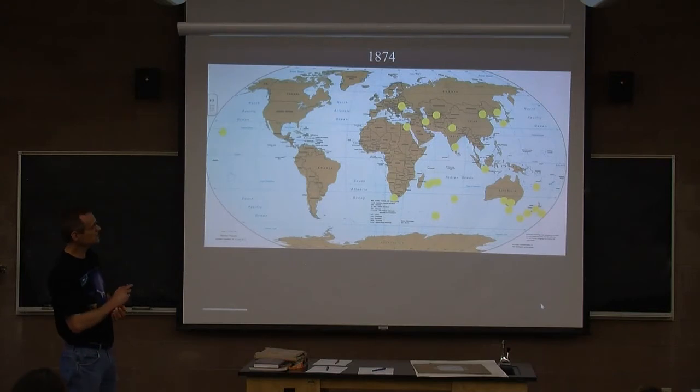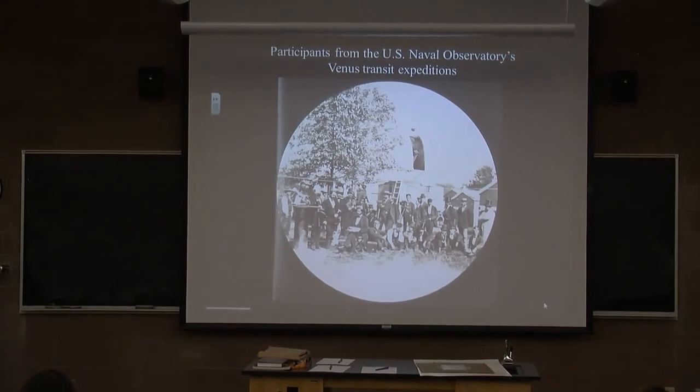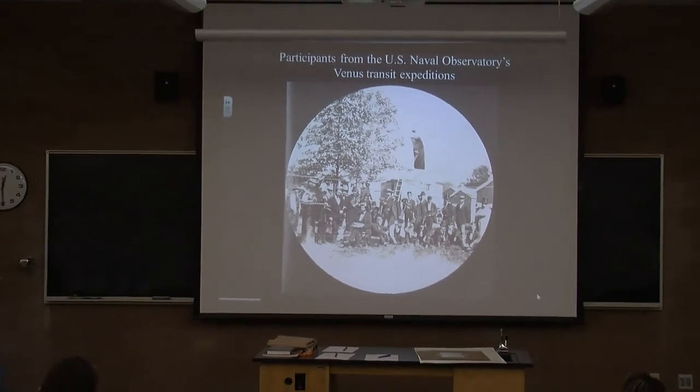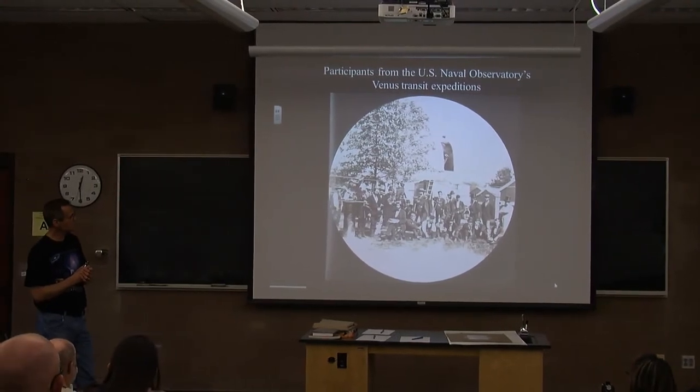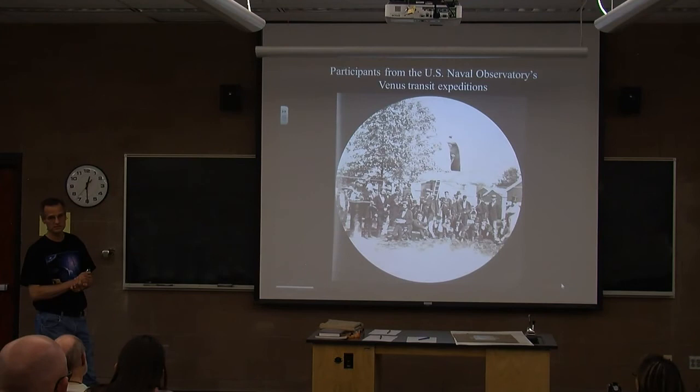But then in 1882, we sent another one. This is just a picture I found of the people from the 8 expeditions sent out by the U.S. Naval Observatory. And this is just one country. Lots of countries sent out multiple expeditions. They did end up getting, in the 1882 transit expeditions, United States observers alone took over 1,400 good photographic plates. So there was some good data.